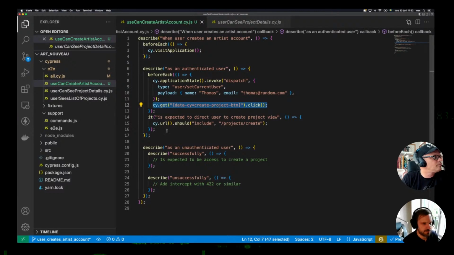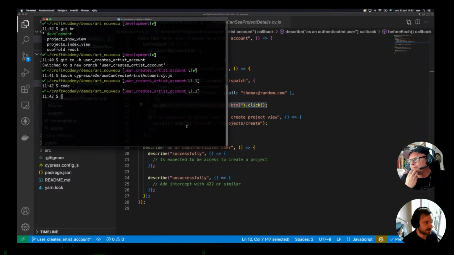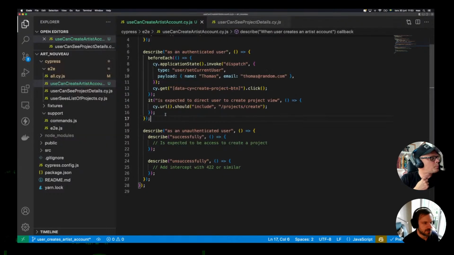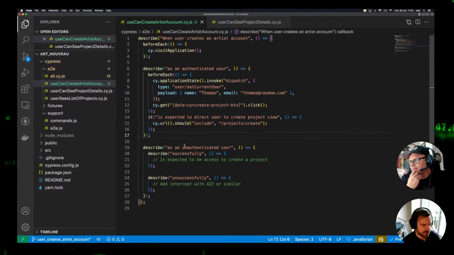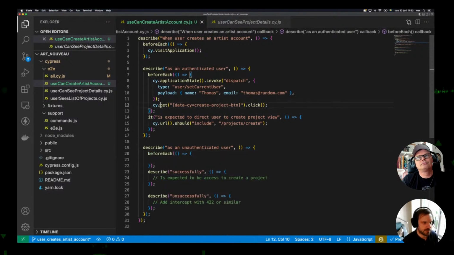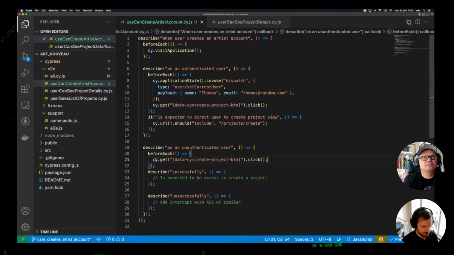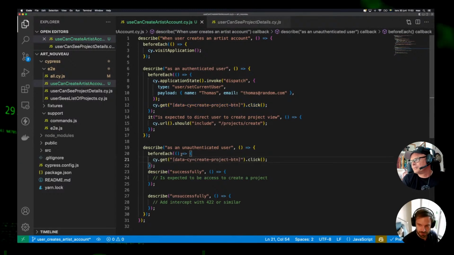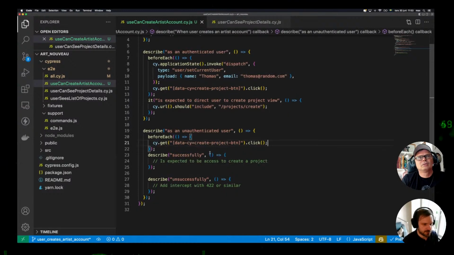But before I fire up Cypress, well, actually, no. Let's fire it up because it'll take a second on my poor machine. But while it's doing that, I'm just going to look at what we have. So as an unauthenticated user, we do still need the before each, where I'm going to copy this line because we do need to click, but nothing is stored in application state. And so successfully, we basically expect